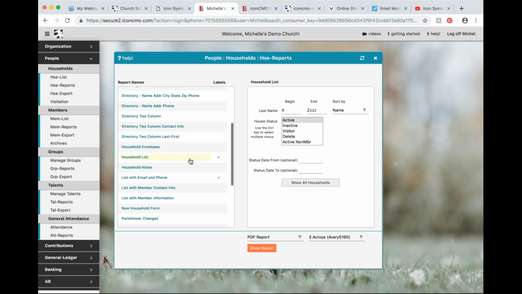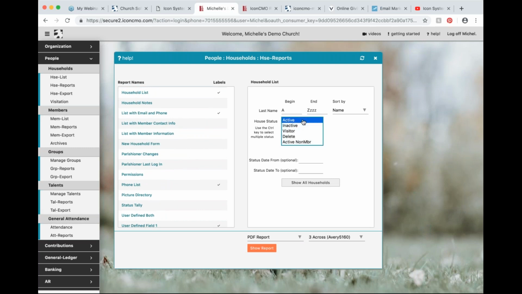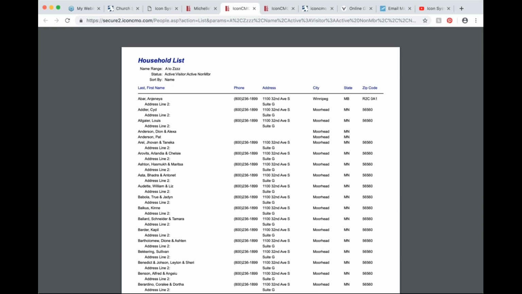So what we can do is, here's just our basic household list, right? If I click on household list, I can choose my status codes. I can choose one status code, I can choose everyone, or if I hold down the control key on Windows, command on a Mac, I can pick and choose multiple status codes to include. And then I can also choose my sorting, things like that. Now, if I just click show report, it's going to give me my PDF list of all of those households